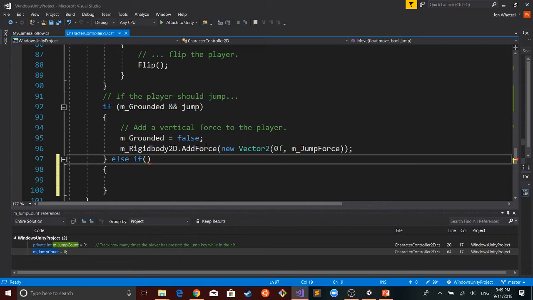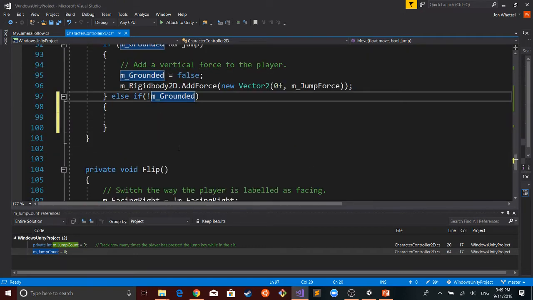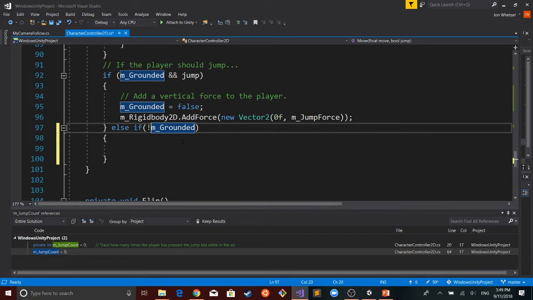So which variable are we using for tracking whether or not the player's on the ground? I think I've heard mumbles of m_Grounded. I'm going to say so. If I put this exclamation point, this exclamation point really means to take the inverse of that Boolean statement. So you can see up here, if we're on the ground, so if grounded is true and we're jumping, so both those are true, then we do this.